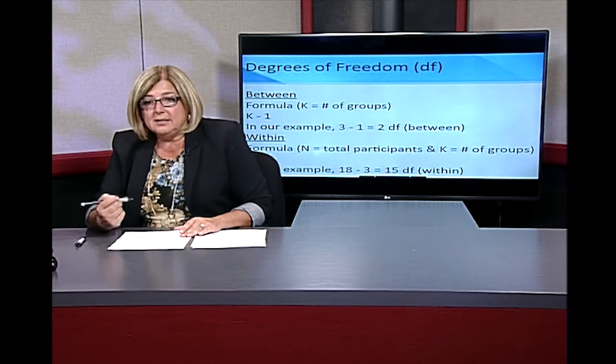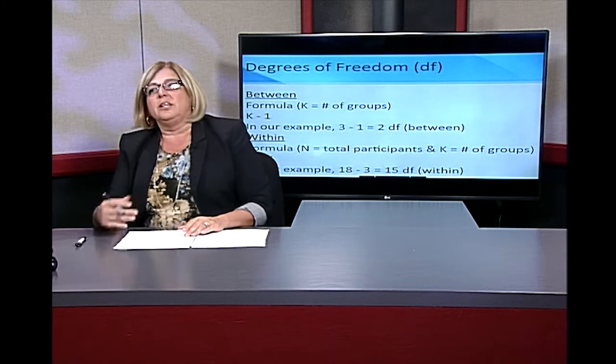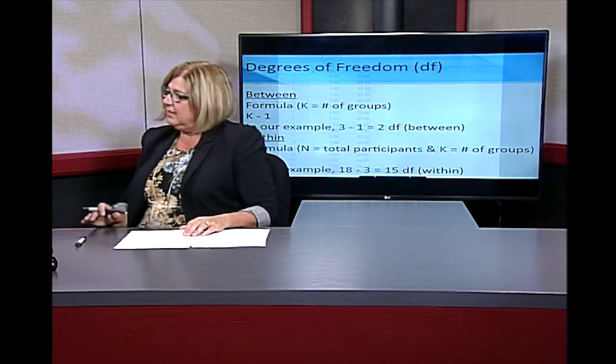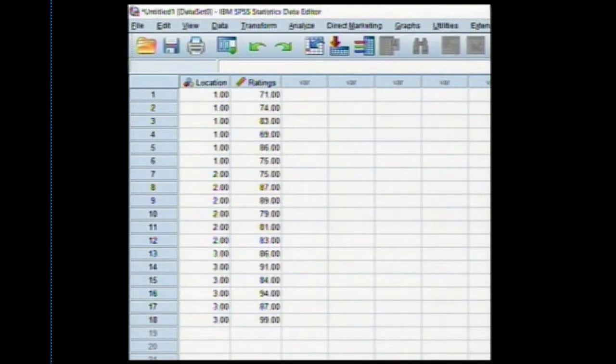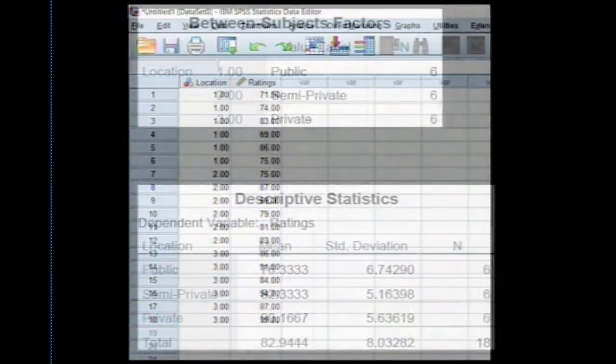Now, the next part of doing the data analysis, and we can go to the screen here again, is to take a look at the data in a larger picture, and we can see all 18 of the scores here. When we run the ANOVA, I give you a separate video about this on our website, where you can look at the ways to run the ANOVA. You'll see that it's a pretty easy process, and we're going to conduct that separately. After I ran the ANOVA, I would get some results. Let's take a look at the next screen, and it will show me that.